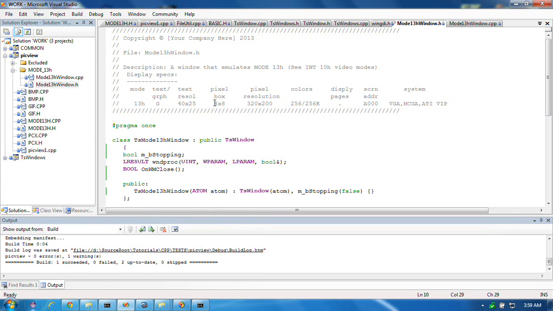Pixels per box must refer to one character's pixel dimensions, so 8 pixels by 8 pixels is one character, and this is the pixel resolution of